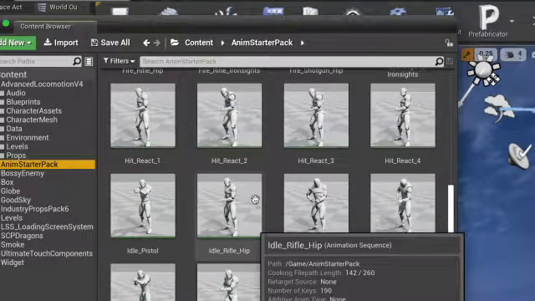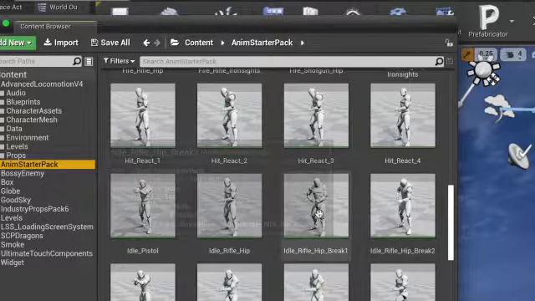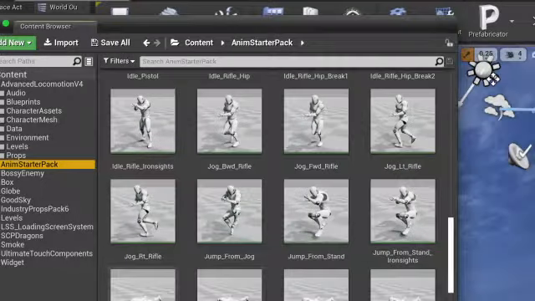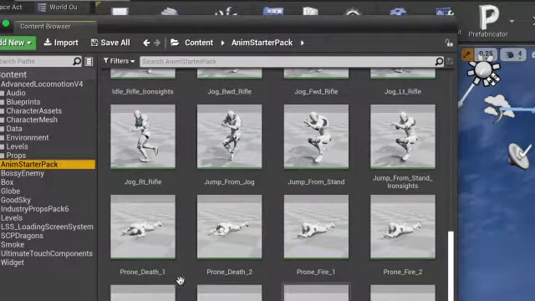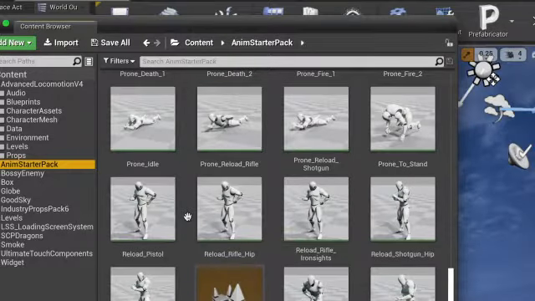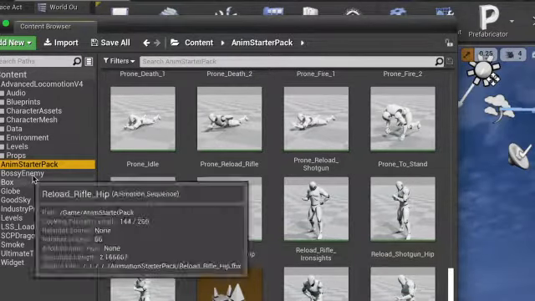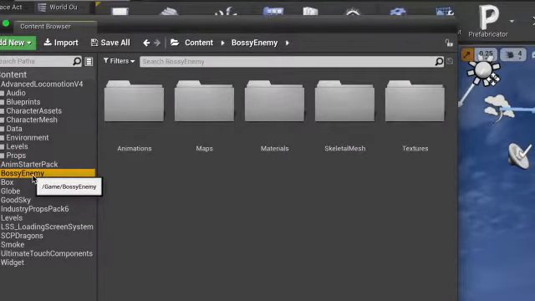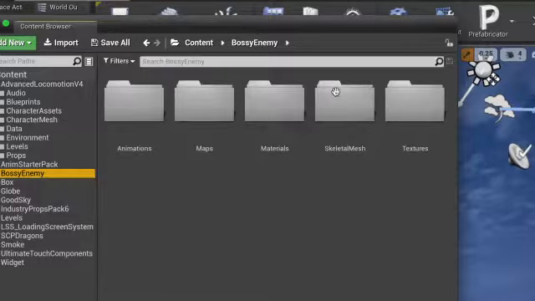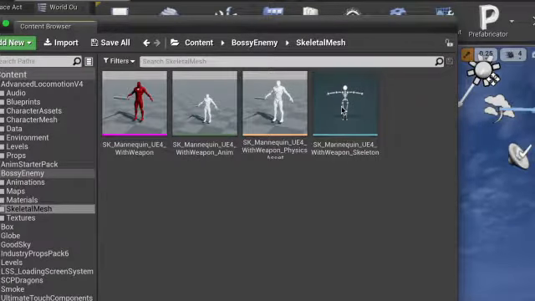The animation starter pack is just basic stuff. It's free. It's got all sorts of motions, movements, line prone, stuff like that. To be honest, a lot of it probably won't even be incorporated. Bossy Enemy, I haven't actually used it yet. Mostly just animations for bossy enemies. I should be able to eliminate some of these skeletons,